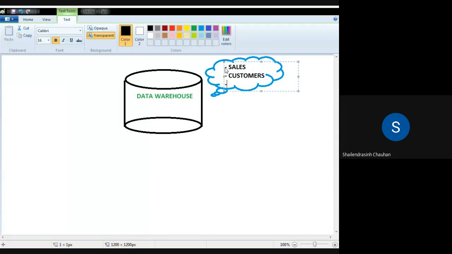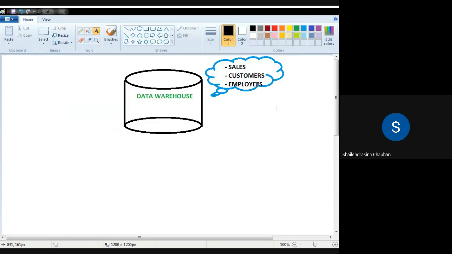You can have the data of, let us say, employees and other subjects. So in data warehouse, you are going to store all the data, that is data with respect to all the subjects. You are not going to separate anything. Whichever data you want, you can find it from data warehouse.